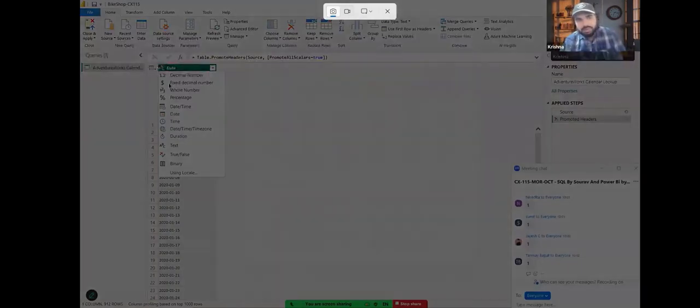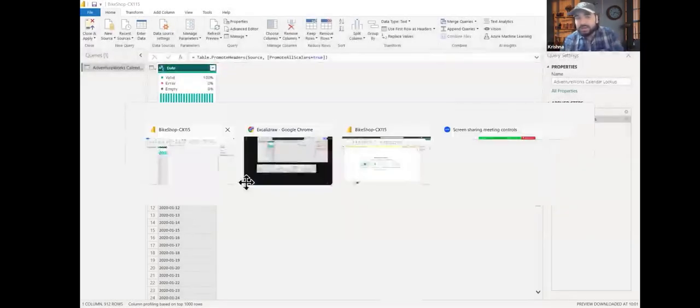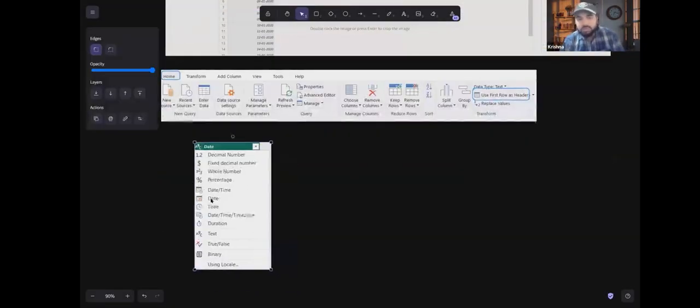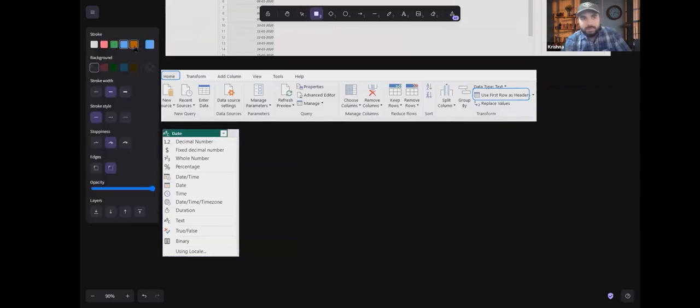needs to be defined with its unique data type, which says that the column comes with unique homogeneous data. So what is the data type for this type of data? You need to select any one of them. Decimal number, no. Fixed decimal number, no. It's a whole number, no. It's a percentage, no. It's a date time, no. It's not even having a time in it. It's a date only. So you need to select this.